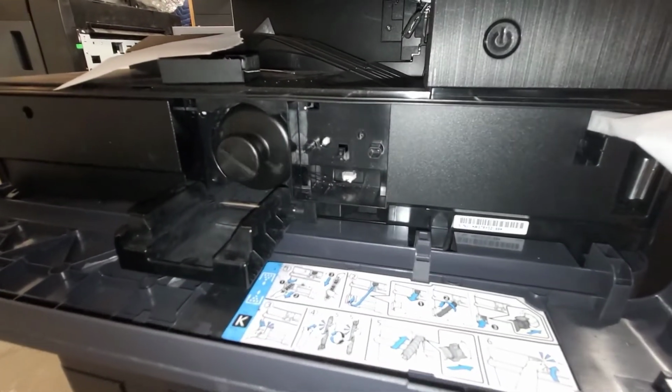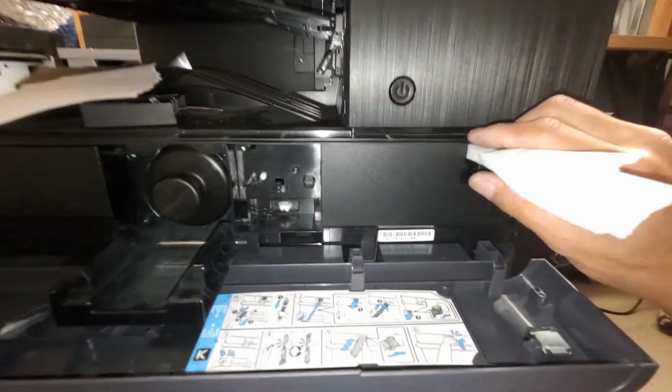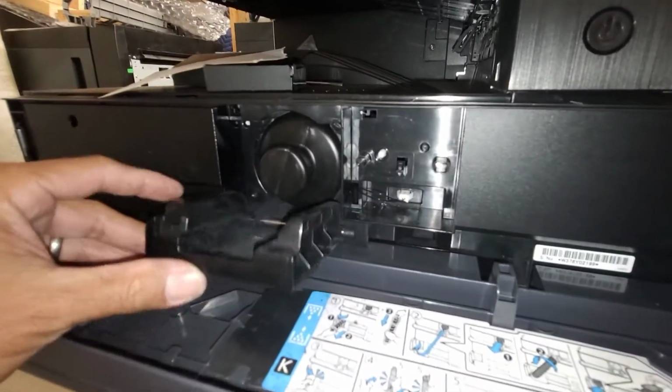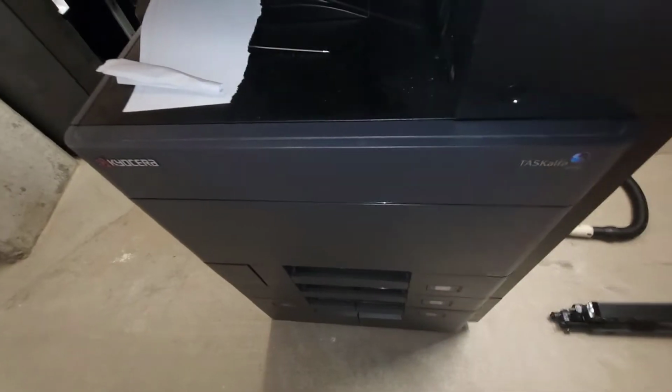No loud grinding noises. No hindrances as far as the toner motor cartridge spinning. So I'll go ahead and pull the jig out. I don't want to add more toner when it doesn't need more toner. Go ahead and close this up, and we're going to check something out. Alright, what I've ended up finding is that